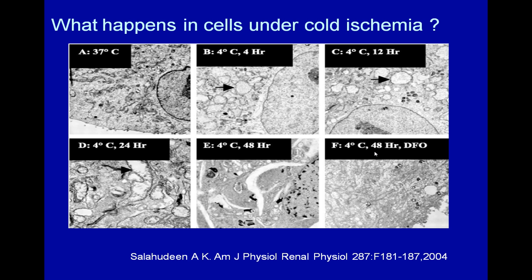And what it does microscopically is that if you compare a normal cell at 37 degrees Celsius doing aerobic metabolism, doing fine, with these cells which have been under cold ischemia, preserved with a cold solution for 4 hours at 4 degrees Celsius, you can see the mitochondria begin to swell. The swelling gets progressively bigger at 12 hours, progressively bigger at 24 hours, and finally there is total disruption of membrane. You can see there is no membrane here, you cannot see any mitochondria, so there is a total